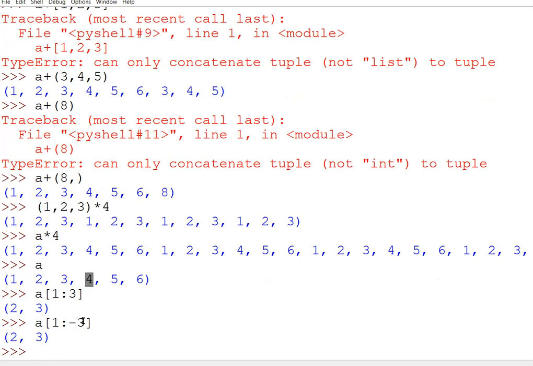So 1, 2 and 2, 3 and then this is excluded. Now suppose I write -1, -3. These all slicing we have already discussed; we are simply revising them. 4, 5, 6.